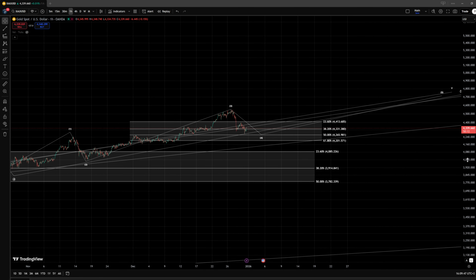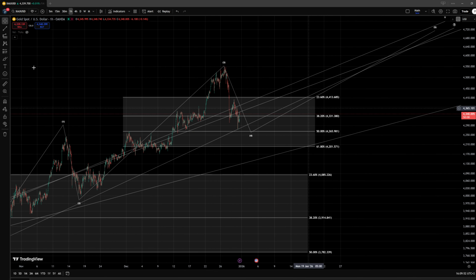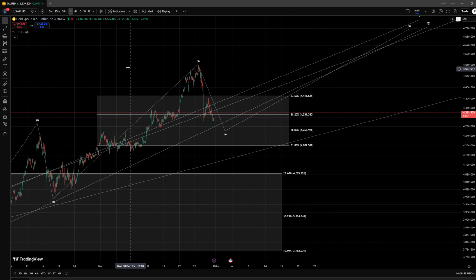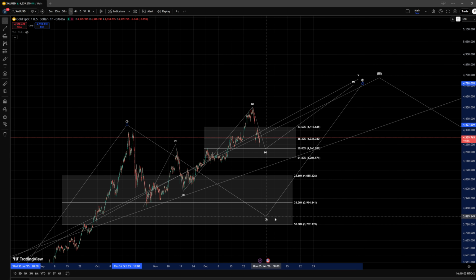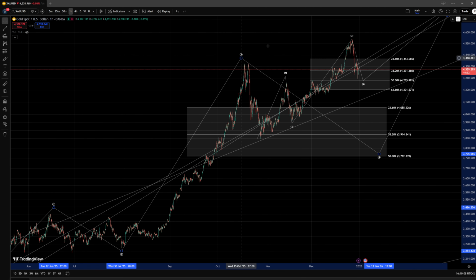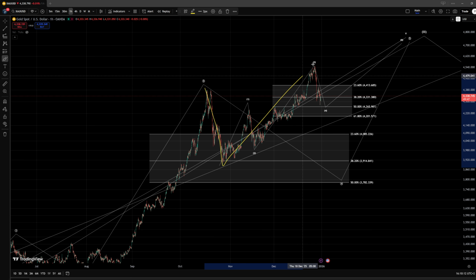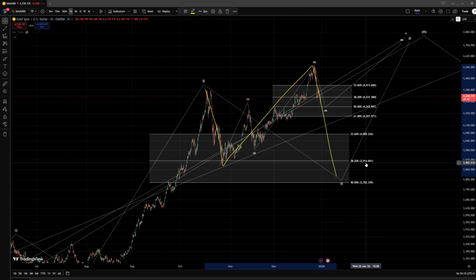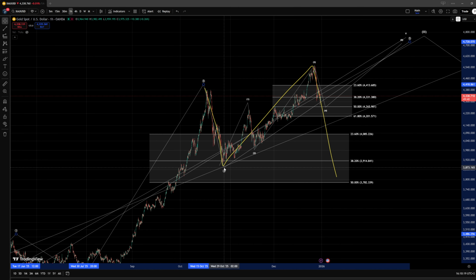We can maybe have a look here internally within this wave 4, where as long as we hold the 61.8% retracement, I am still looking for higher prices. However, if that fails to be held, I would be more open to the idea of an extension of this wave 4, where in that case, yes, I would indeed consider that this wave 3 has already topped and that we get a rather odd correction in something like a WXY movement to the downside, where I would honestly just be looking for a reset within the same area of support we have been tracking in the previous video for this wave 4.